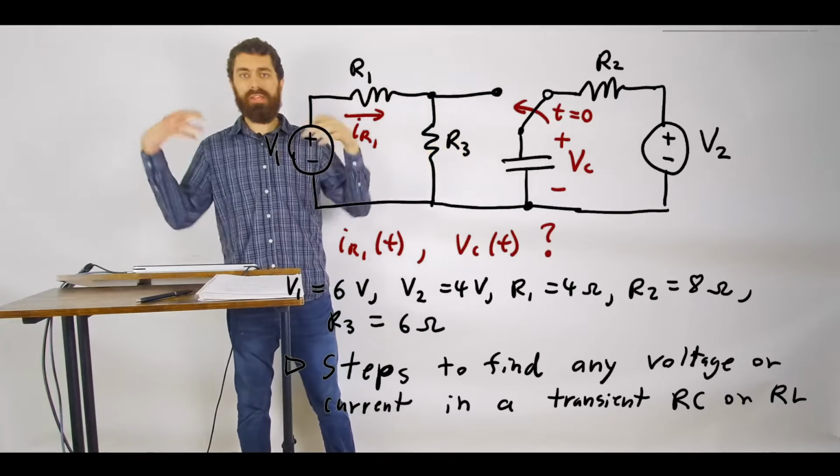So for t equals 0 minus, we've got our capacitor here, our resistor R2, our voltage source V2,